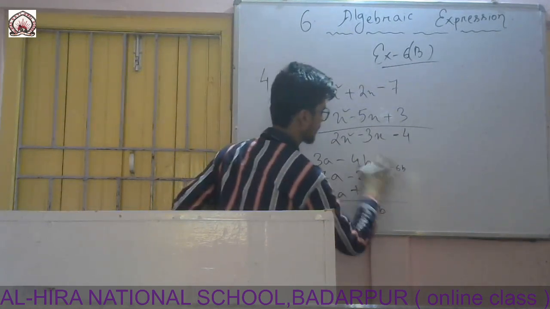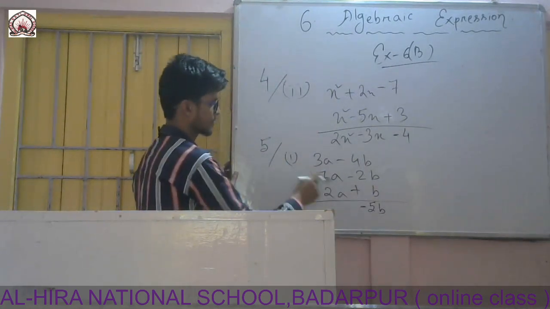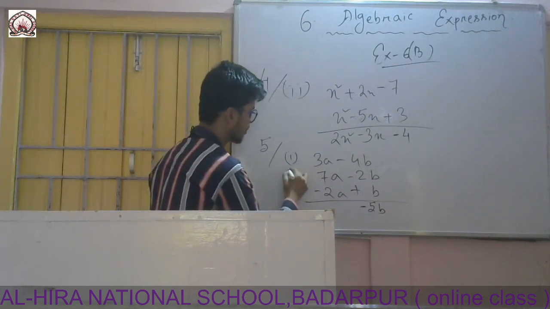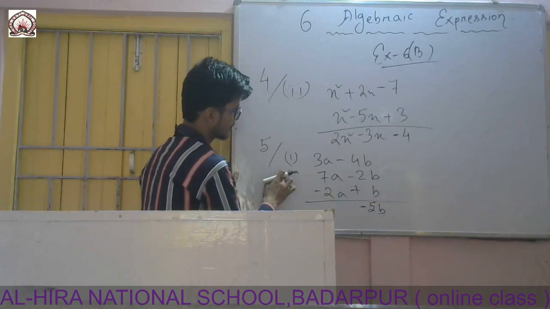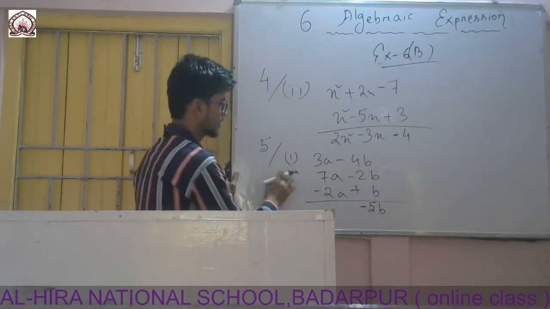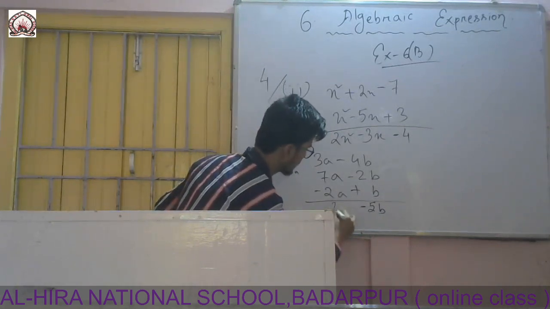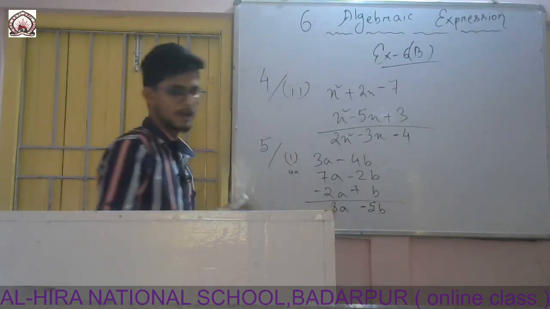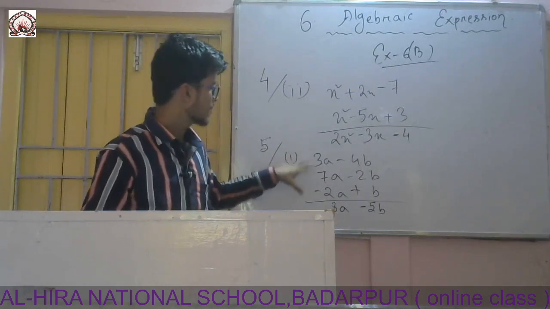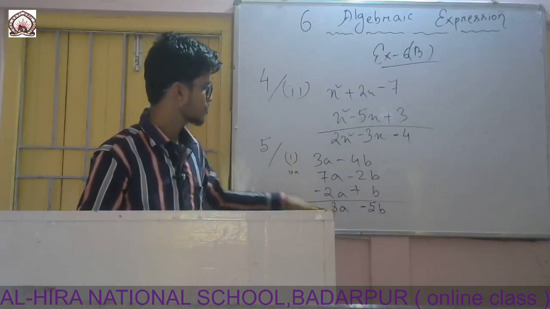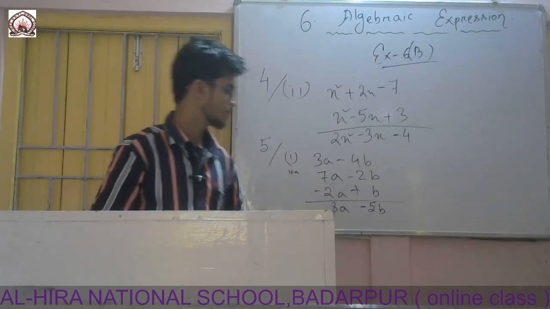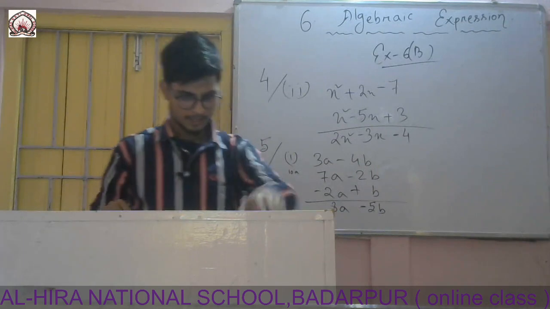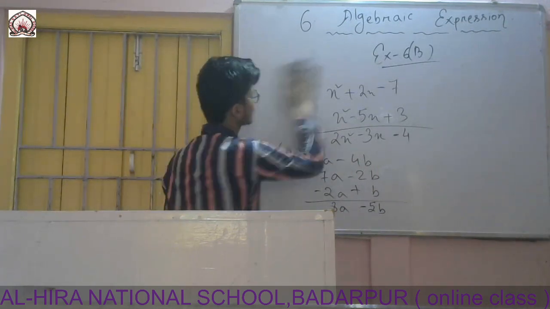So now the next part. Again in this case, plus plus, it is plus. 7 plus 3 is 10. So from these two I got 10a. And again plus minus, it is minus. 10 minus 2 is 8. Which one is greater? 10, so positive sign. Only 8a minus 5b. You can do it directly: 7 plus 3 is 10, and 10 minus 2 is 8. And the variable is a, so I will put 8a minus 5b. Okay, so now move to question number 6.